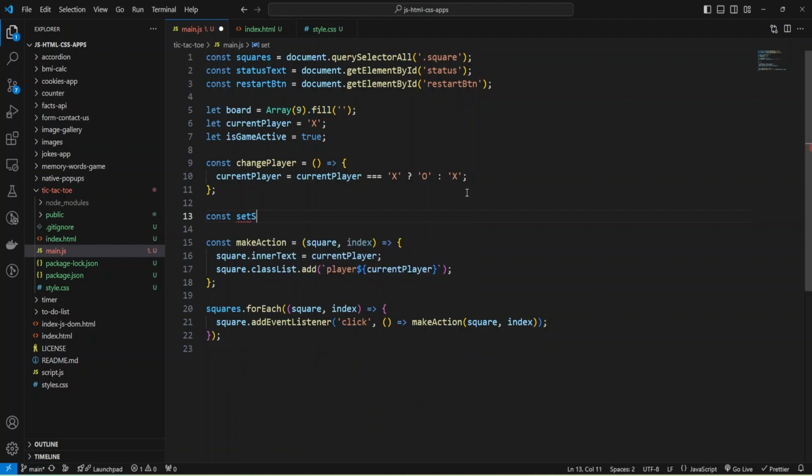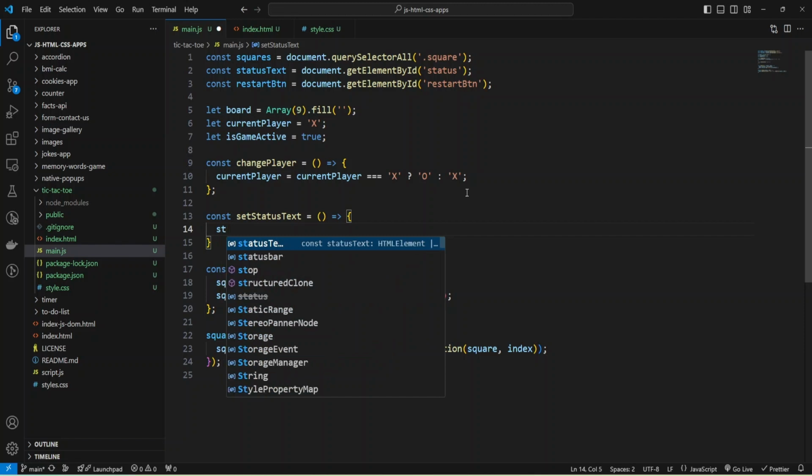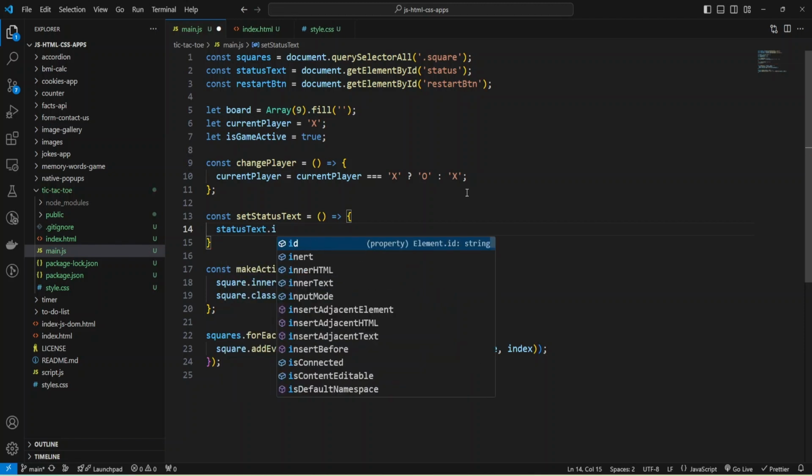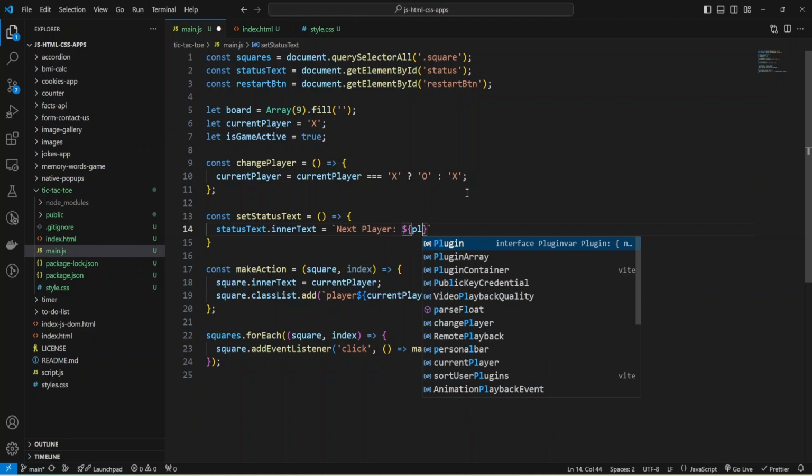Const set status text, also arrow function, and it will change the status text in our text, and we'll set it to next player, and provide our current player.